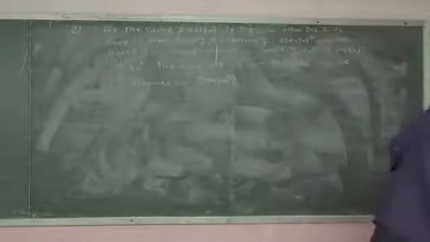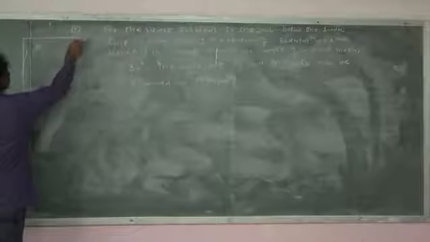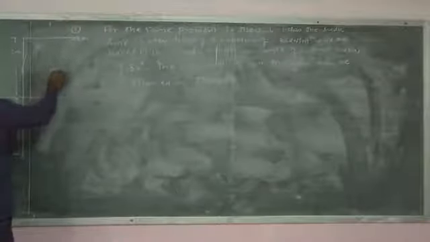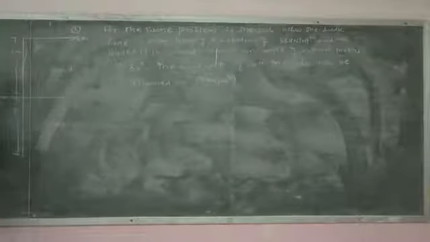So same problem. It is same problem means I will draw here first. So this is the ground level, this is dredge level here. So this height is again same 6 meter. This is the depth D you have to find. Here now sand is there and below it clay is there.